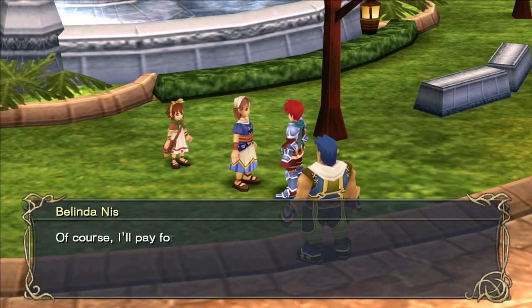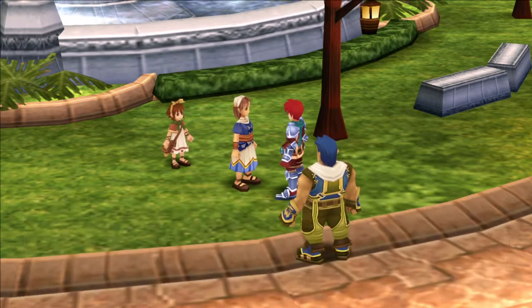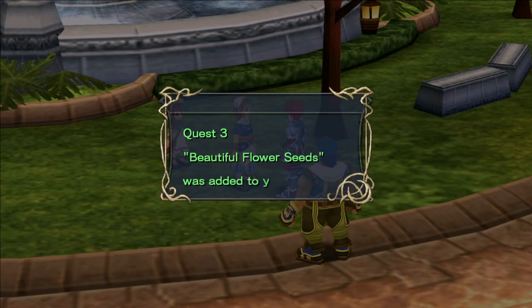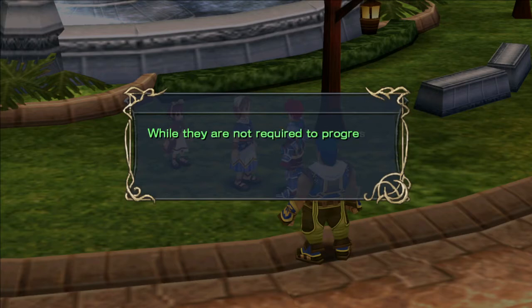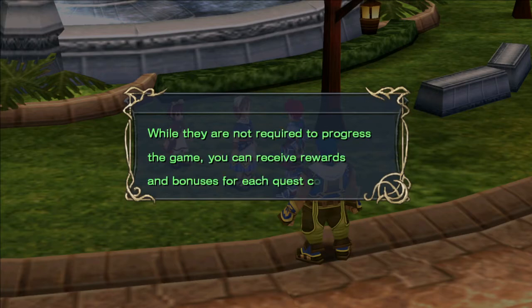Alright. So, this is our first side quest of the game, though not number 1. This is Quest 3, Beautiful Flower Seeds. Belinda wants us to go out and find seeds. Seeds can be gotten from gathering points for fruits and flowers. They are the rare item to gather, and we'll be seeing a couple of those as we progress through the